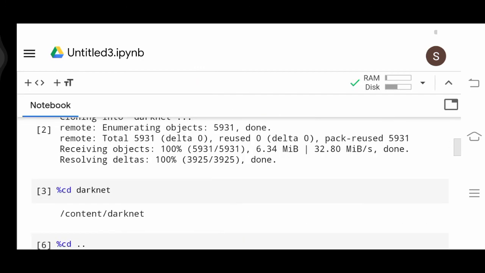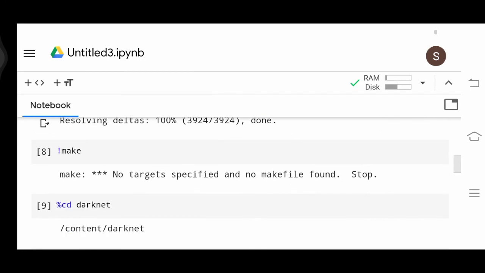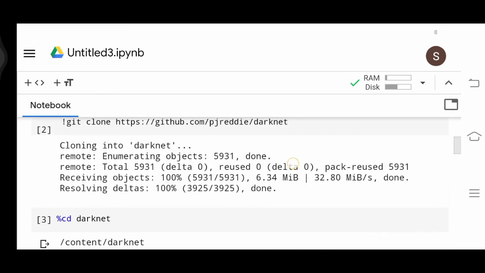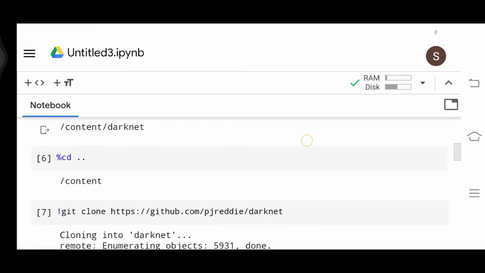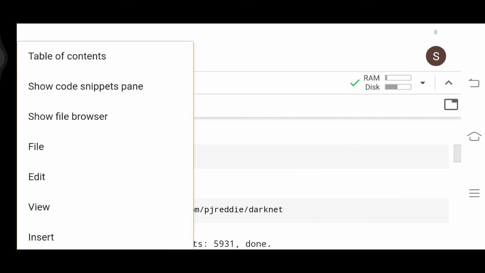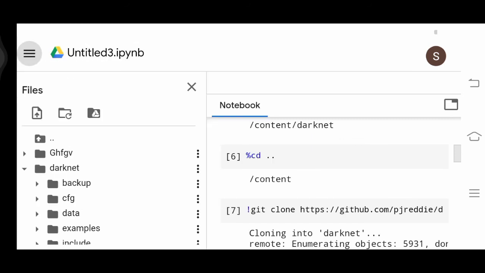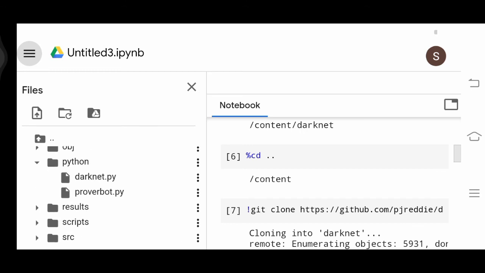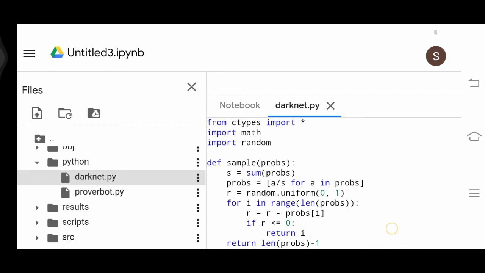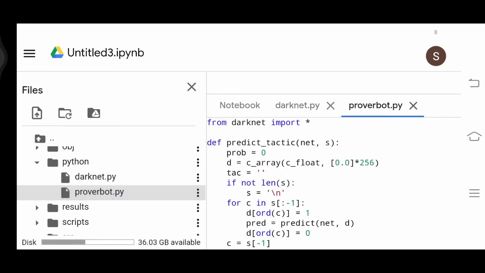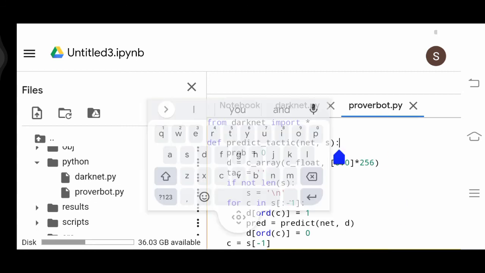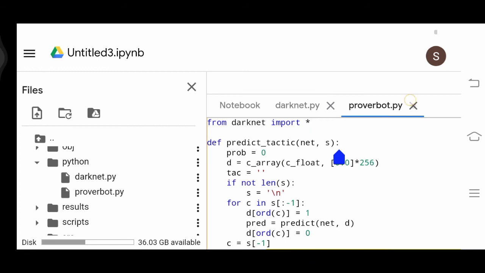So in order to make a Python wrapper, you have to understand that after you make it, this hidden file would be shown. Okay, you have to copy that .so file into this Python wrapper folder. I have to tell you another thing. In the Python, you have this darknet. Proverbot is built on this, for example. This is an advanced example of darknet. You can use it for theorem proving in the Coq library. If somebody has a Coq dataset, please give me.